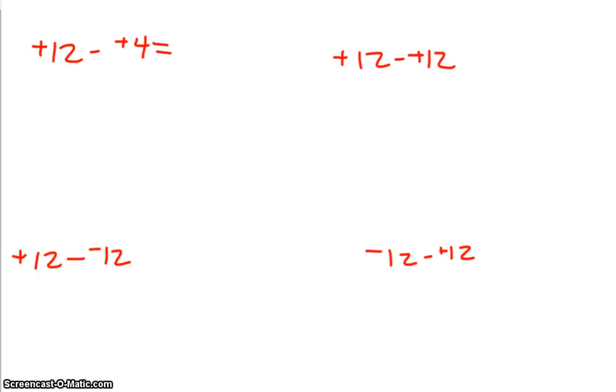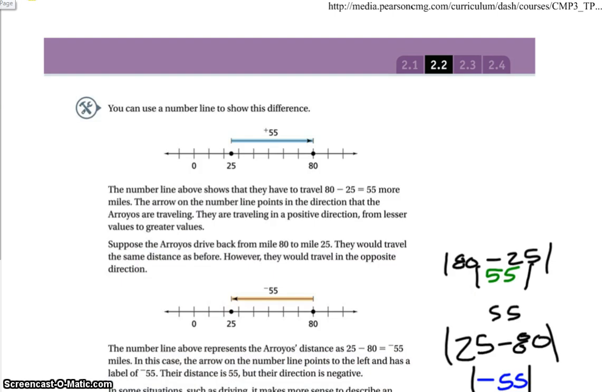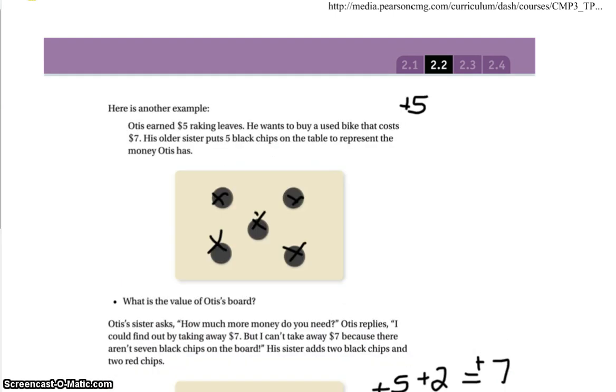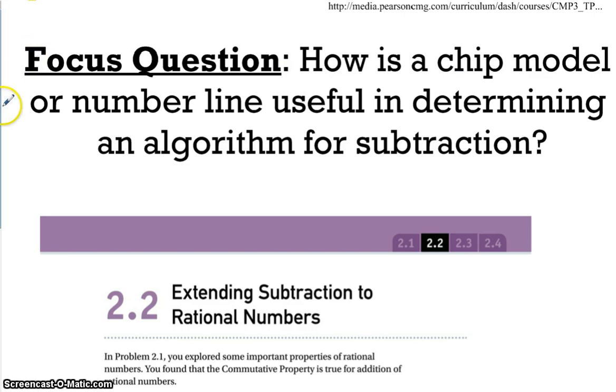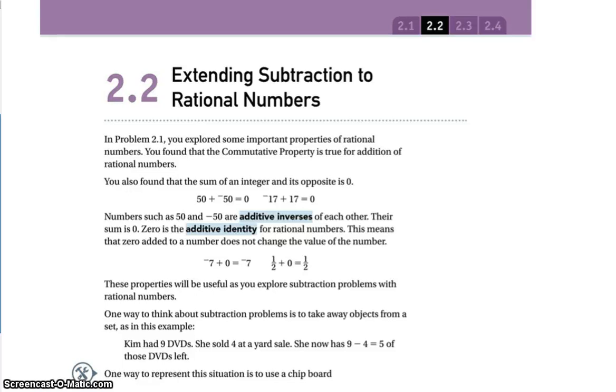All right, today we are going to go over Accentuate the Negative Investigation 2.2, which is extending subtraction to rational numbers. A couple of things I want to cover before we move on to today's lesson is that when we went over stuff in Investigation 2.1, we talked about the commutative property and how that is true for the addition